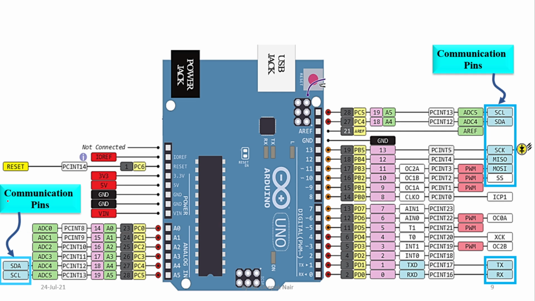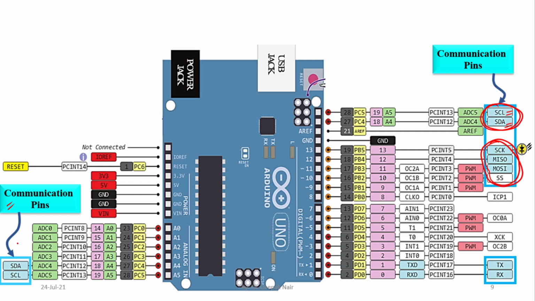these pins. First of all, let us look into the left side, SDA SCL. And the same pins are available on the top right also, SDA SCL. You can see here. So these pins are generally used for I2C communication, and along with that there are pins like SCK, MISO, MOSI and SS, which are generally used for SPI communication. Along with that, TX and RX, like I said before, are used for serial communication.